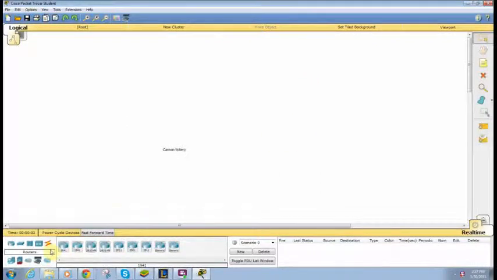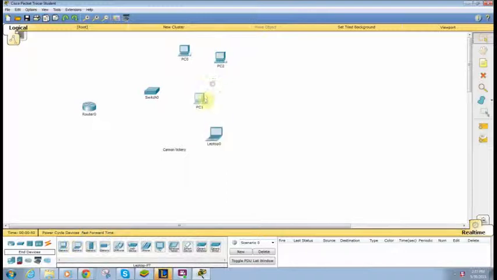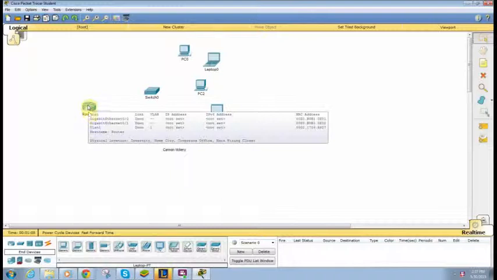So we're going to get a router. I'm going to get a 1941 router. I'm going to get a switch. We're going to go with a 2960 switch. And end devices, just 5 generic devices that you would use probably at home. So we're just going to get 3 laptops. Put that there, put that there, put that here. We're going to set it up like this. So 5 laptops, a switch, and our router. So what we're going to do here,